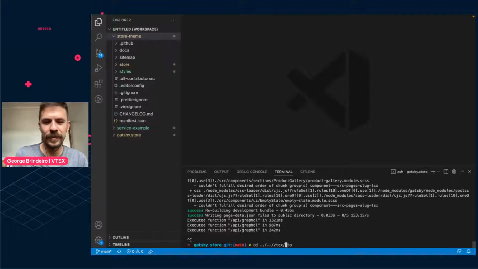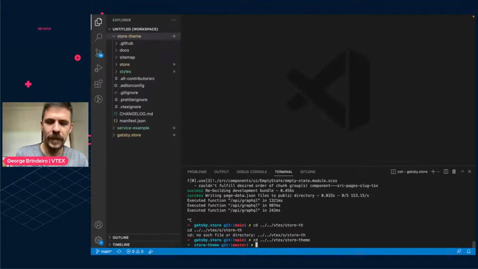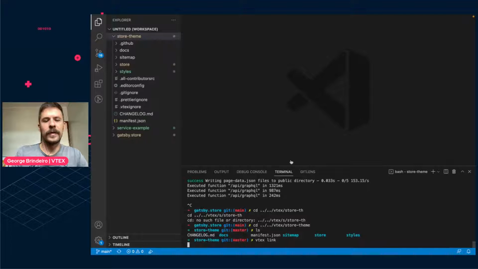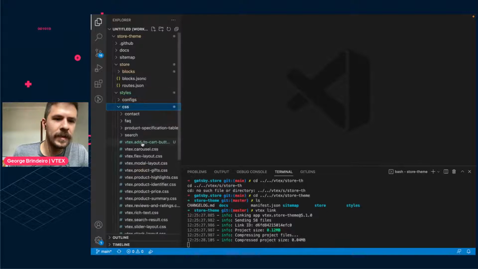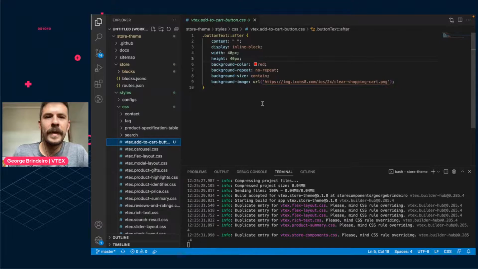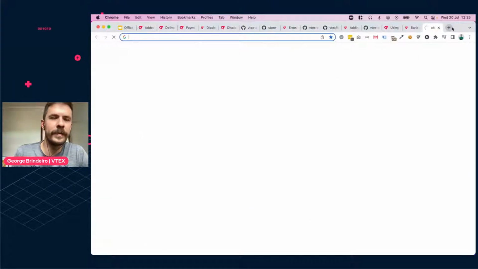There's some magic to CSS that I'm not 100% sure about. So I'm definitely not a front-end engineer by any means. So let me see here. This is what we did, right? Styles, CSS, VTEX add to cart button. This is what I did. And if I open my store here,